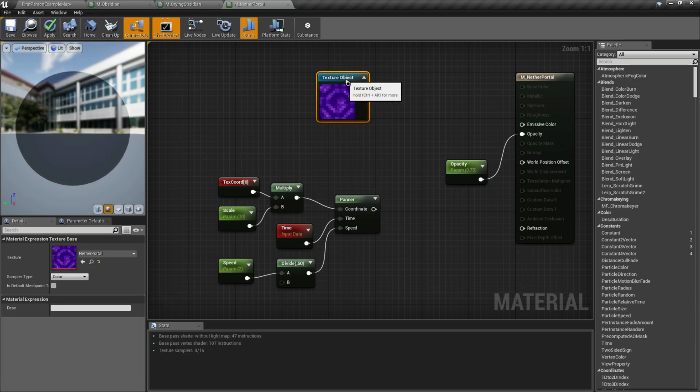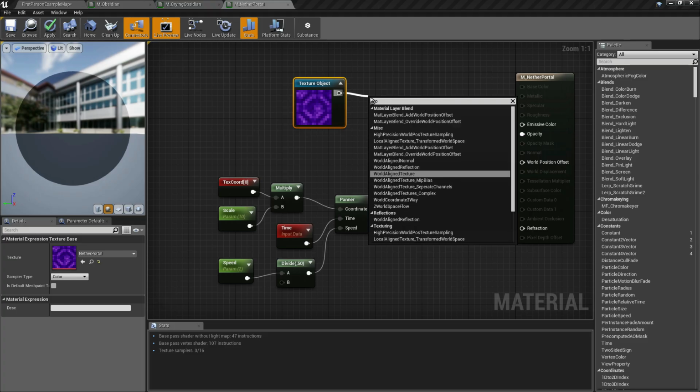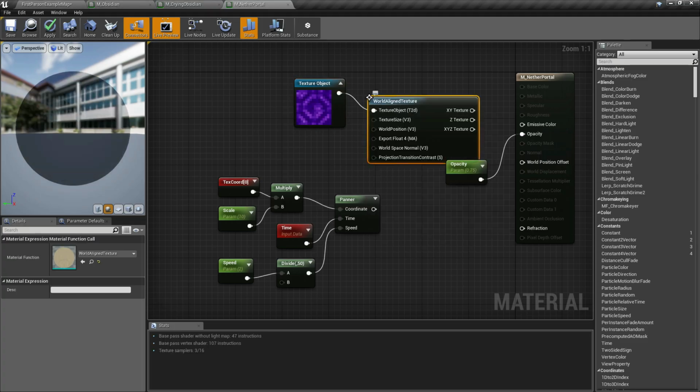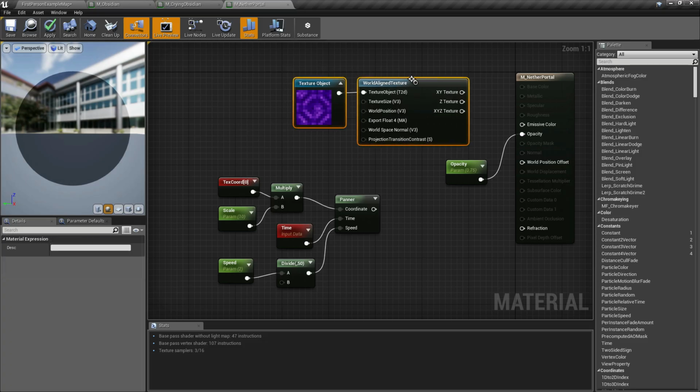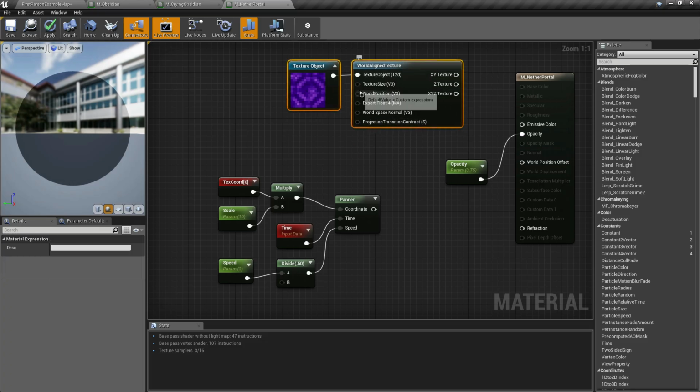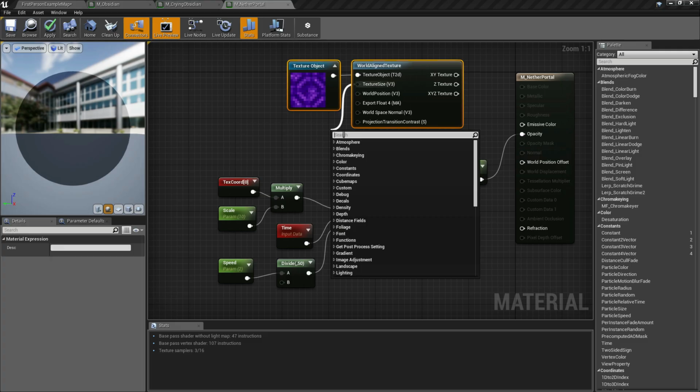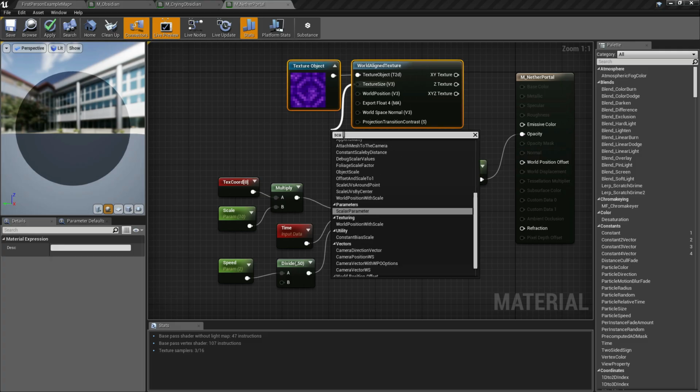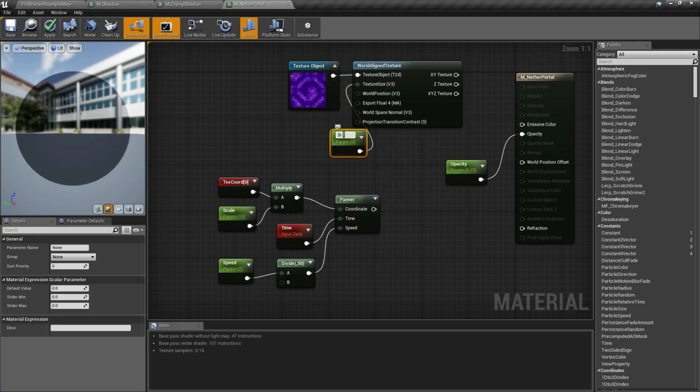Then we're going to connect the object into world align texture. Then we're going to connect the texture size in scalar parameter. Then we're going to name this as a size, same as the scalar parameter that we applied on the two materials. Then let's apply 64.